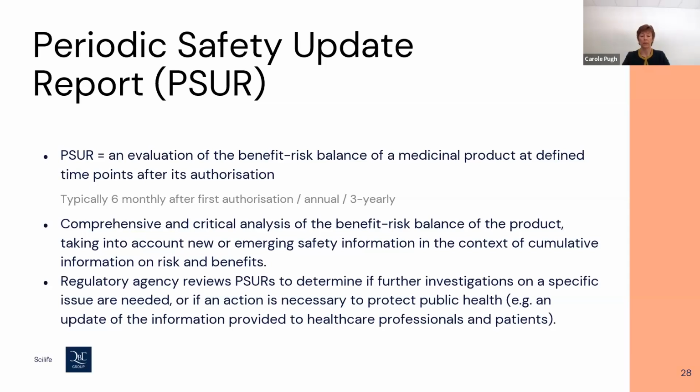Typically for new chemical entities, you're required to submit your PSUR every 6 months for the first 2 years, then annually for 2 years, and then at 3-yearly intervals. This is a comprehensive report that evaluates the safety information received in that time period, and also puts it into the context of cumulative